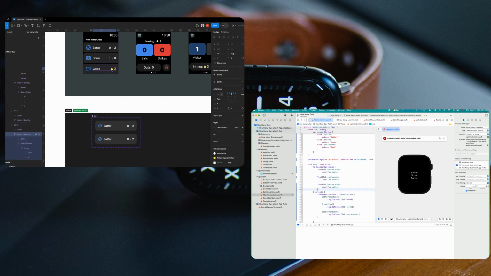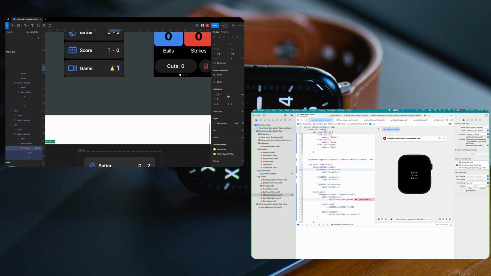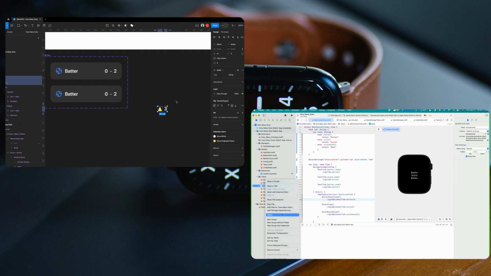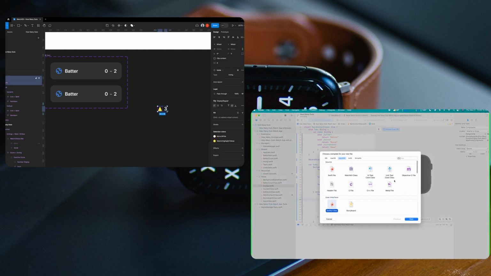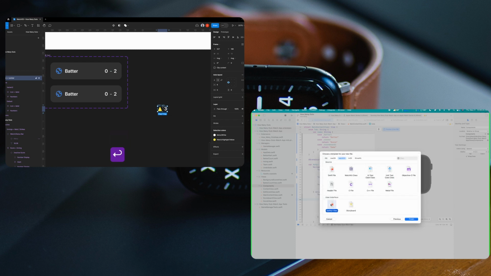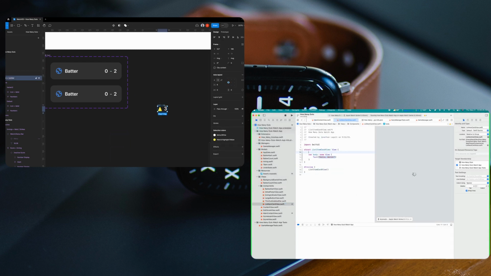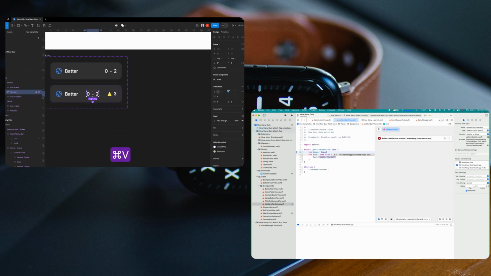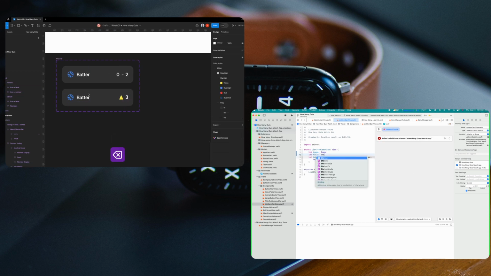And we are going to basically copy this guy here. We're going to make this component, paste here. So now we can just do icon plus number. Yeah, and I'm not calling it inning. I'm just calling it number because I think that makes more sense for me. So we can just pull that right out, pop it right in there, and we can just delete that